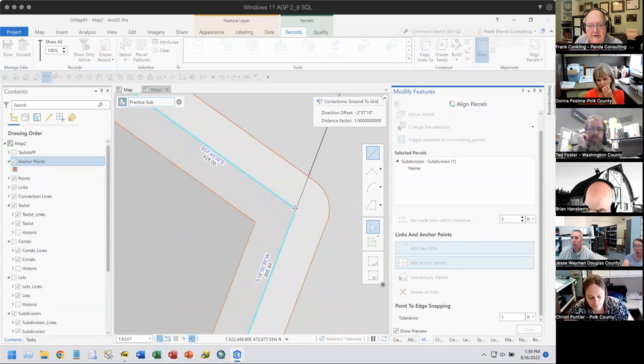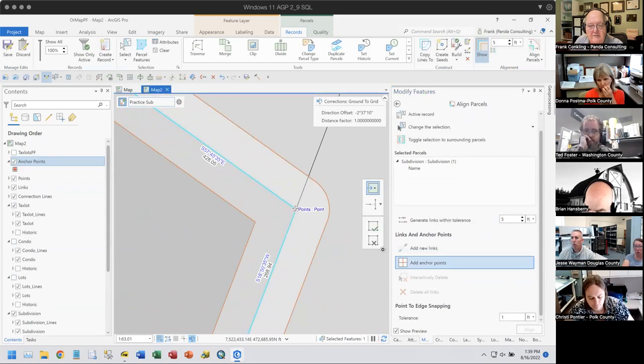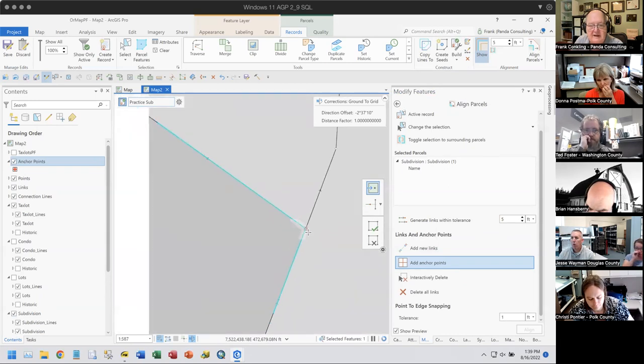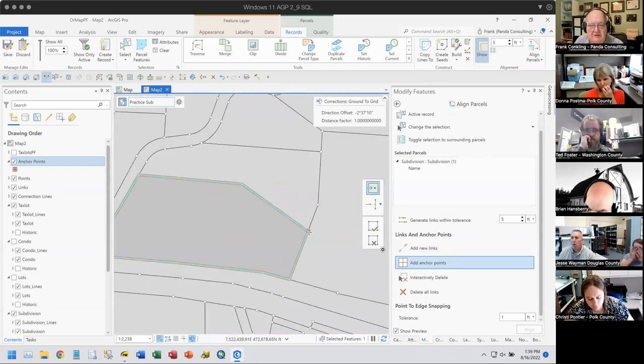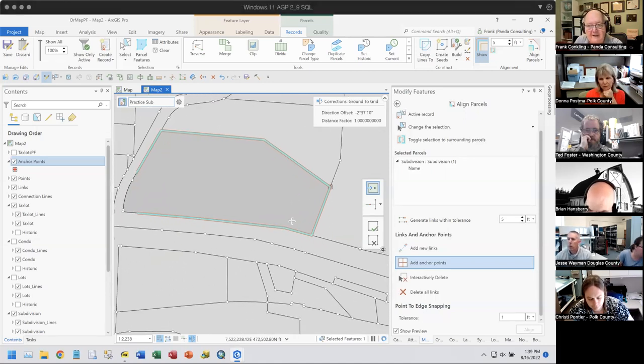We're going to add an anchor here. We're going to put the anchor exactly on where that initial point is. I always try to make sure that when I start my traverse, I start on an existing point on here and go from there. All right, now that I've got that,